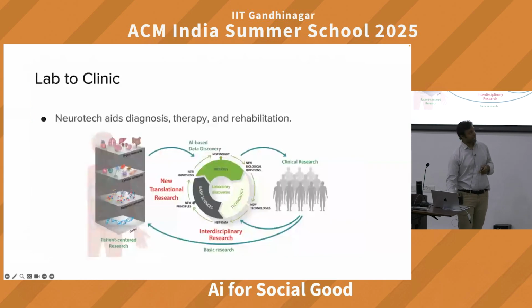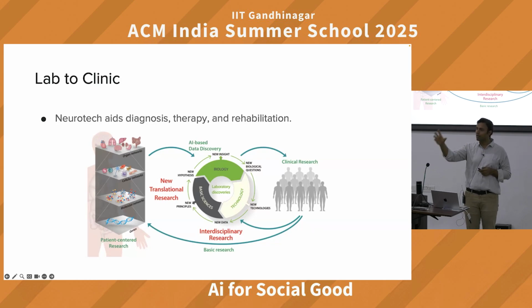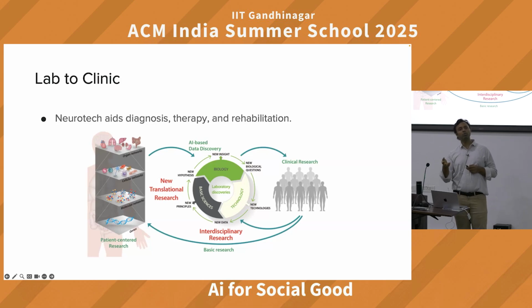So where can neuroscience go with all this? Once we understand how the brain works, it can help us define and create these tools, which can help in the clinic for rehabilitation, for different disorders, for different diseases. So it is important to think about the brain and technology in conjunction. We understand how the brain works, understand how the technology works, and it's a loop that goes around.